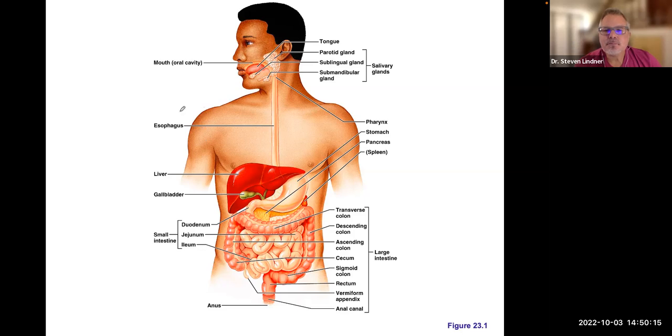So where does digestion begin? When we think about digestion, it could be mechanical, it could be chemical, right? The teeth, we know, can mechanically break down food, but we have a lot of digestive enzymes that break down food. So when we think about digestion, most people would say, well, it starts in the mouth, but again, critical thinking,